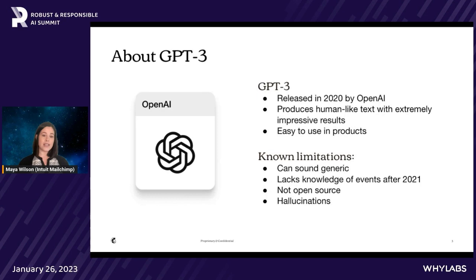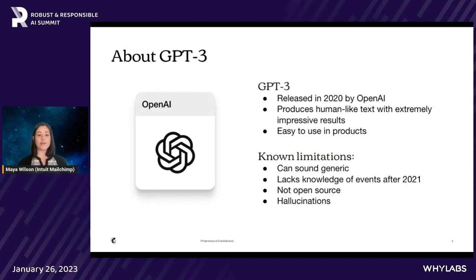It's really easy to use in products. This is, I think, one of the coolest things about it. It has truly democratized the ability to produce generative text models for your users. Before, it would take a large team of data scientists. Back in 2020, when we deployed our first one, it was not GPT-3. And it took a lot to get that first model out. Now it's really become available to engineers and designers, and it doesn't take a whole data science team to get these things out in front of users, and that's really exciting.